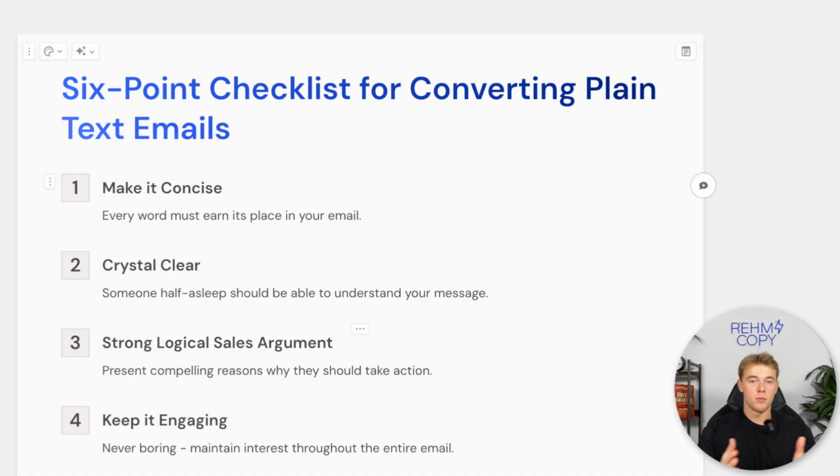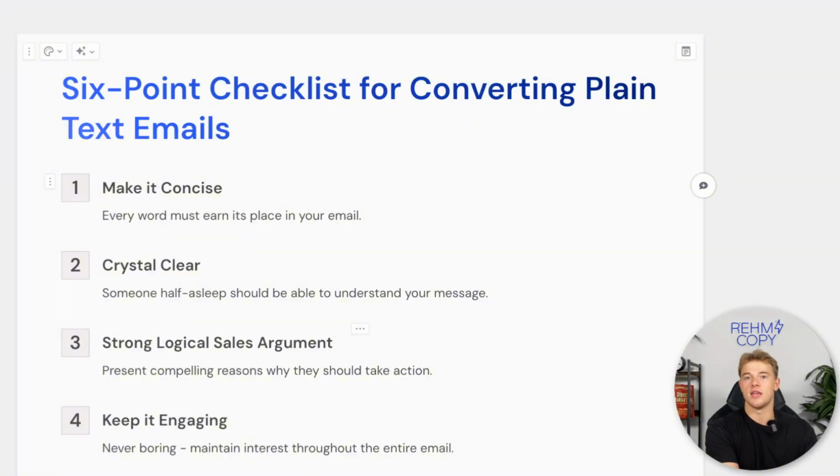Number 4 is very simple. It's just don't be boring. I definitely fall into this all the time where I'll read through some copy that I wrote and realize that it just wasn't that engaging, especially nowadays where we have YouTube videos we can watch, we could scroll Instagram, we could scroll TikTok. Everyone's attention spans are very low. So that makes it even more important to keep the copy engaging and keep it interesting to the person based on who that